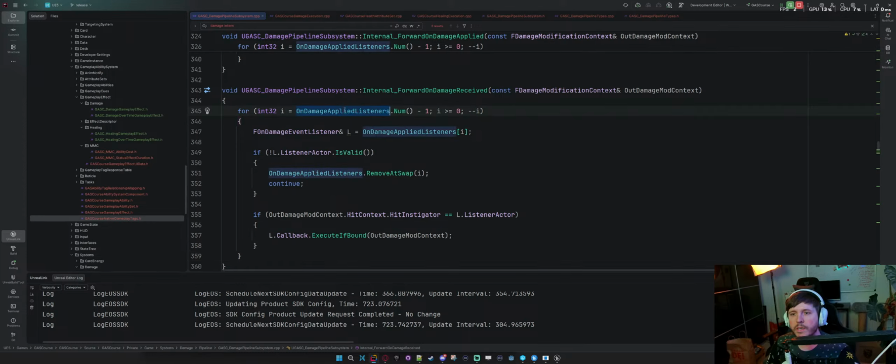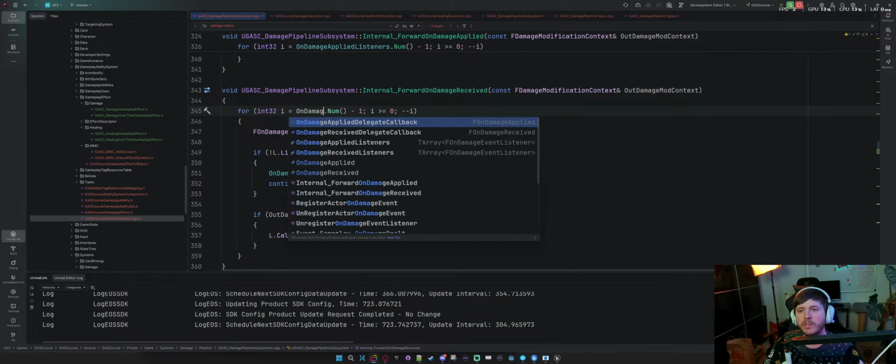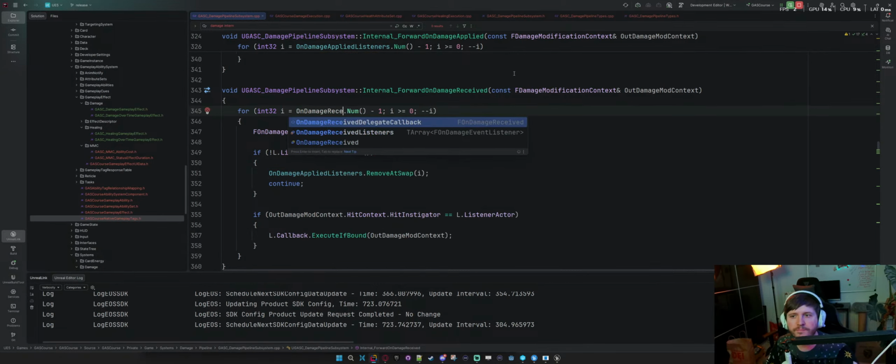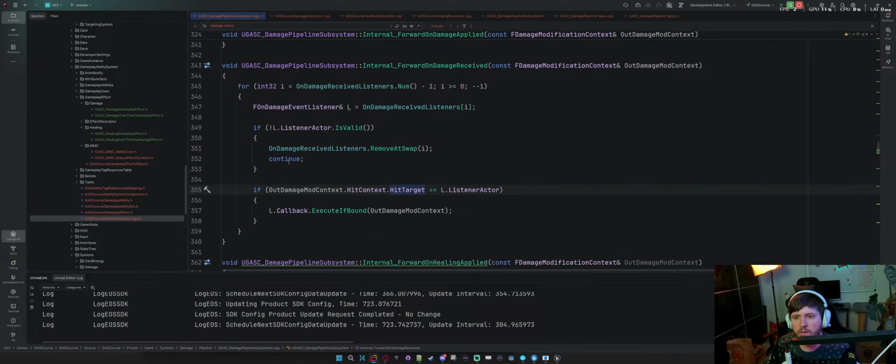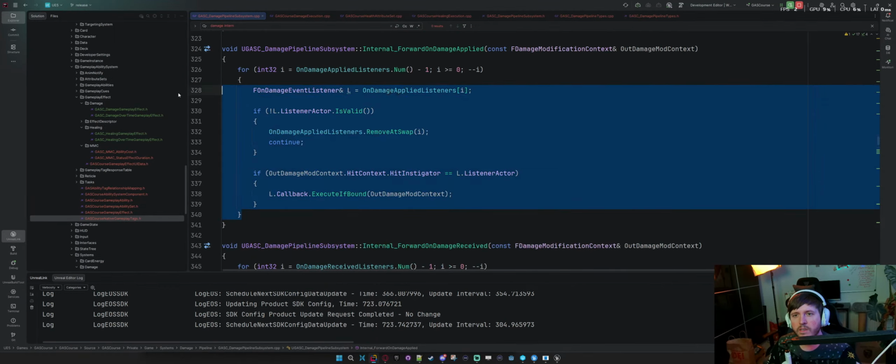Now we're gonna do damage received listeners. That can all remain the same. That's gonna be listeners, received. Now we're gonna change this to hit target. So, and that should be good. Now let's do the last for healing.